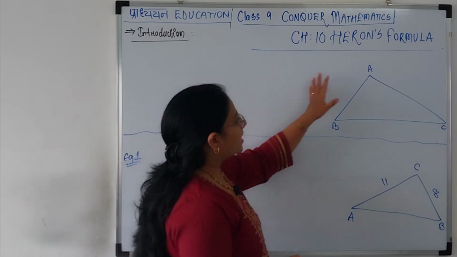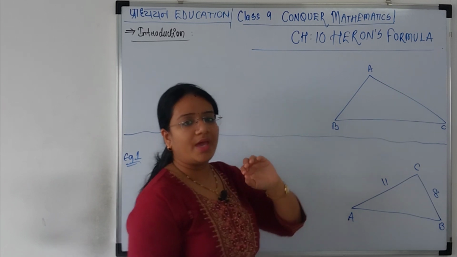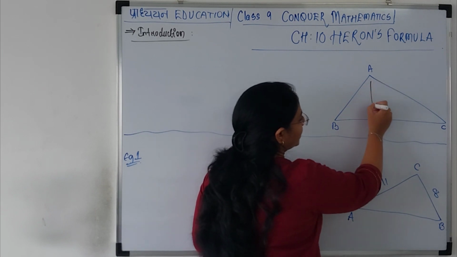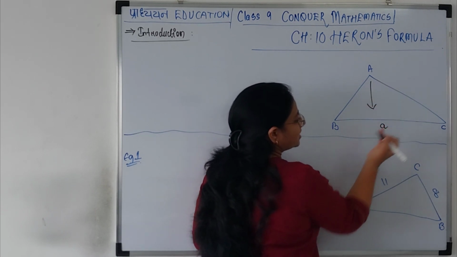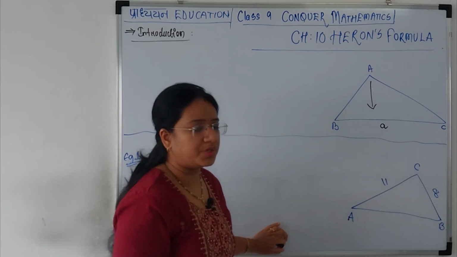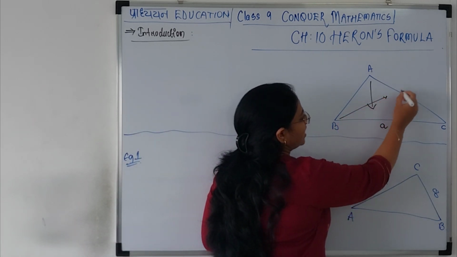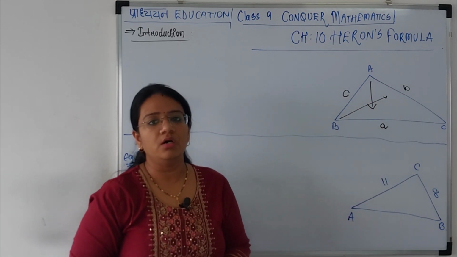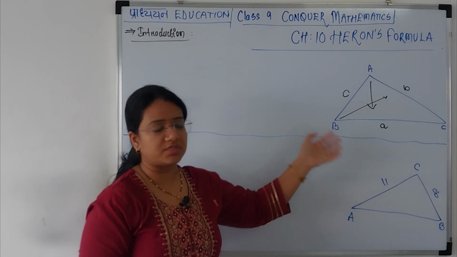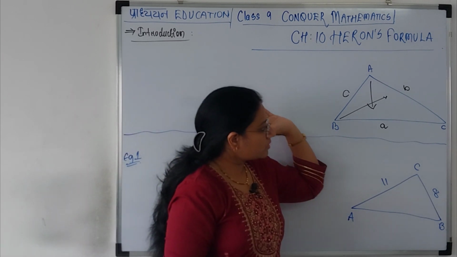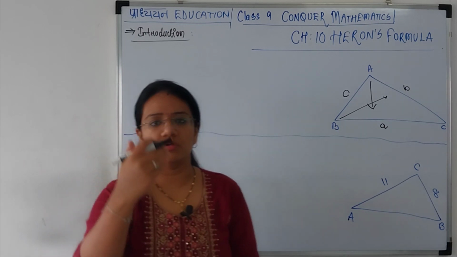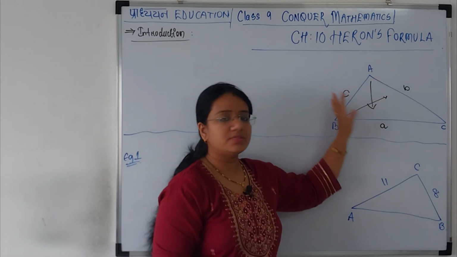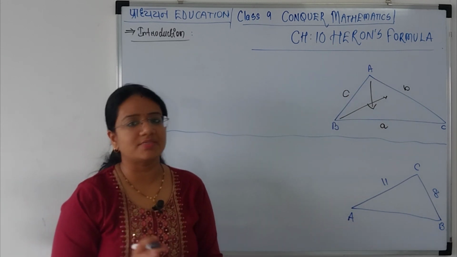So let us take triangle ABC where the sides are of the measures. Usually, the side opposite to vertex A is of length a meters or a centimeters or a units. The side opposite to vertex B is of b units and the side opposite to C is of c units. This is a general form of how we use it, but in the chapter we are not going to consider the exact positions of the lengths. We will consider the three sides to be a, b and c. Any points you can take, any sides you can take.